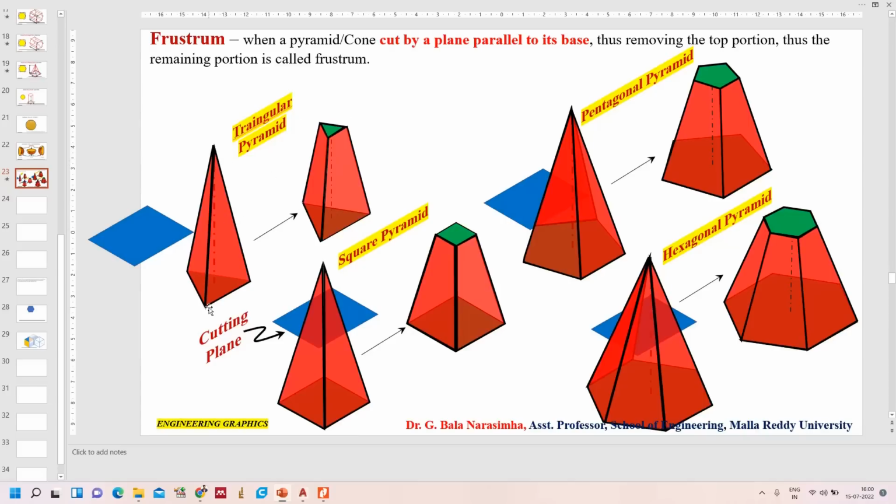If you see here, this is the triangular pyramid, I just sliced it here and removed the top portion, and the remaining portion is the frustum of a triangular pyramid, frustum of a square pyramid, frustum of a pentagonal pyramid and frustum of a hexagonal pyramid. So a frustum will have two bases, whereas a pyramid will have only one base. So based on this we are going to see,